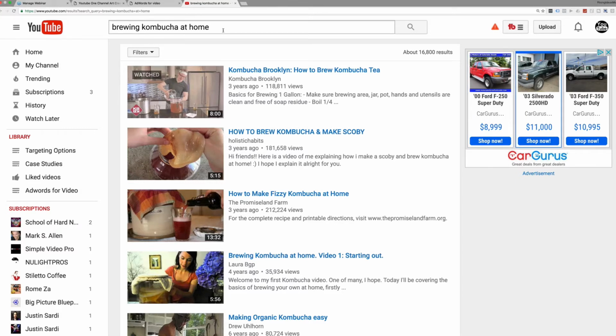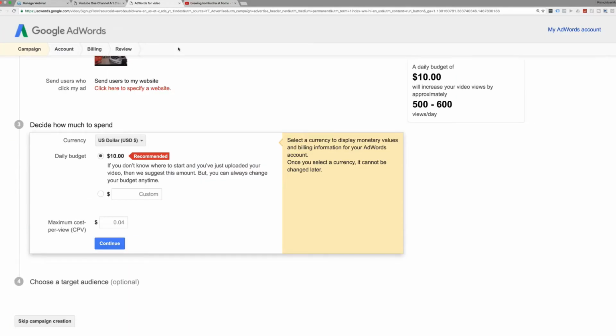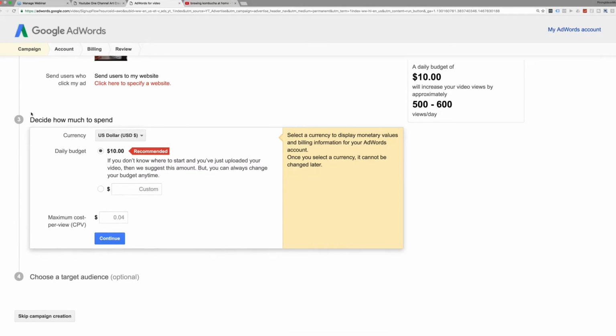When somebody searches for how do I brew kombucha at home, and you have, hey, here's a free download for how to brew kombucha at home, right? Or we're going to give you an infographic. Those convert extremely well also. So honestly, they both do really well. It just depends on what you want to do. All right. And yeah, Cornell, you can create an ad and send somebody to your YouTube channel to subscribe. That works really well, actually, because you're keeping them on YouTube, and people really like that.